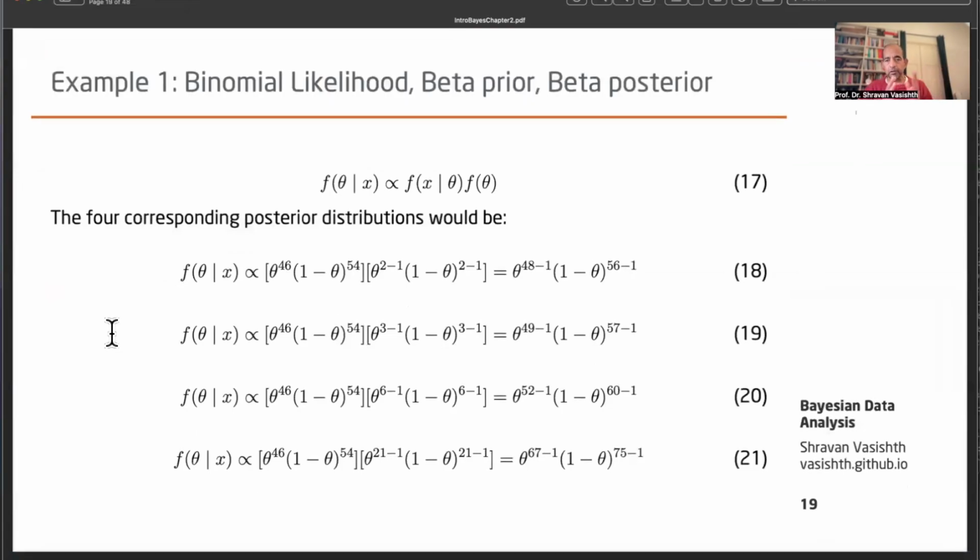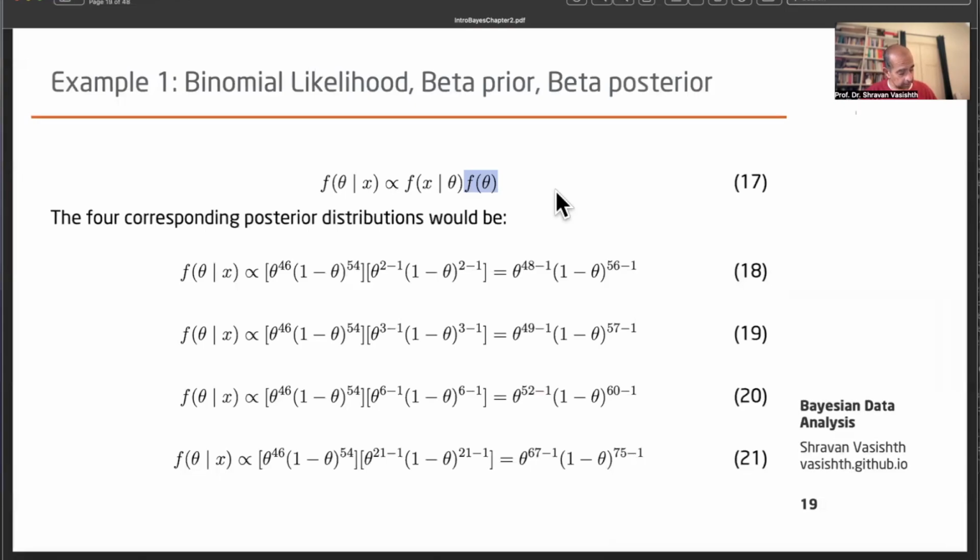So here we go. Okay, so equation 17 is the Bayes rule up to proportionality. And so what we're going to do is take the likelihood, the kernel of the likelihood. We're going to multiply it with the kernel of the beta distribution. Okay, so